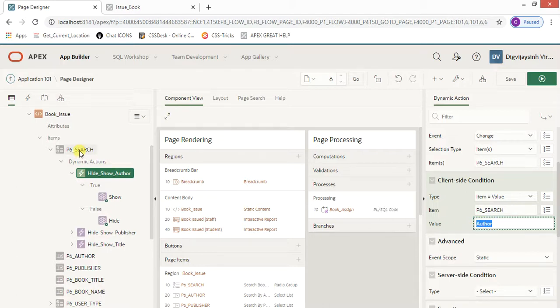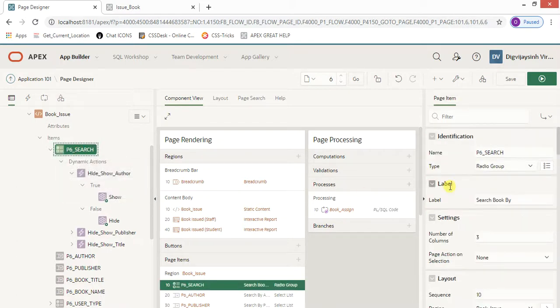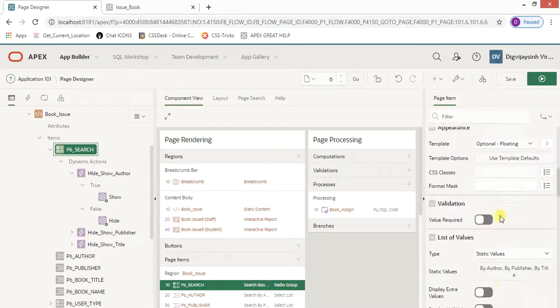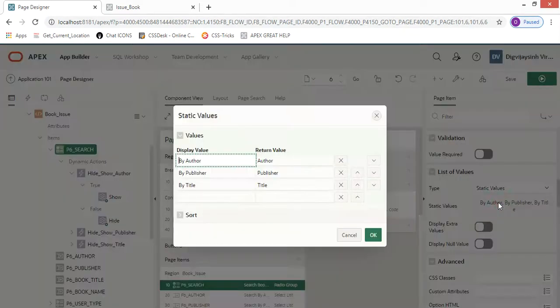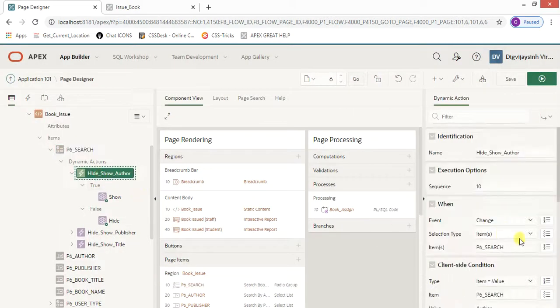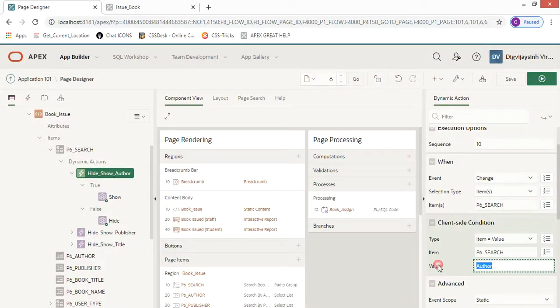Because when we created this item, we defined a radio group in which I mentioned that if somebody selects by author name, it will return author. So whatever you write over here, that should be here at this place.